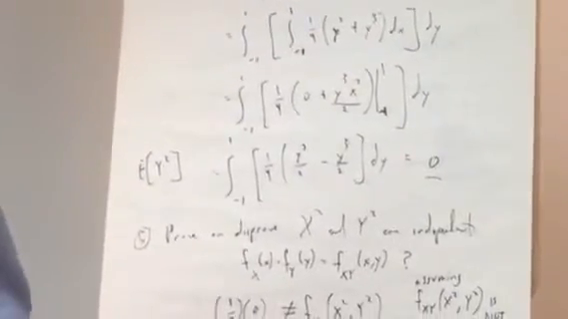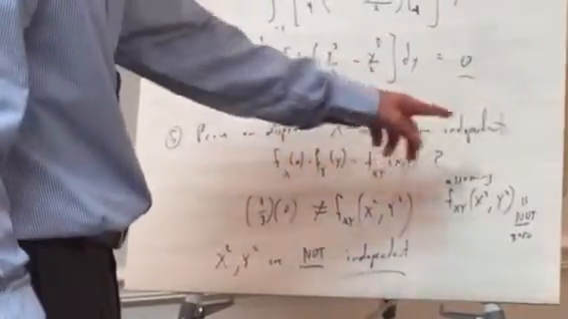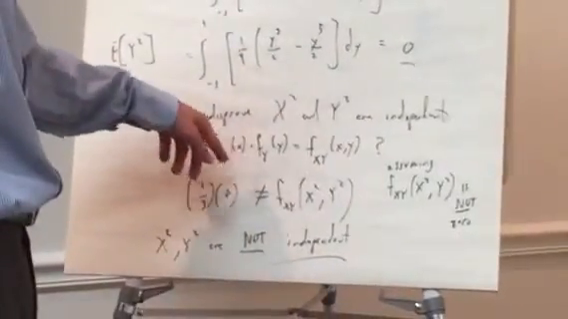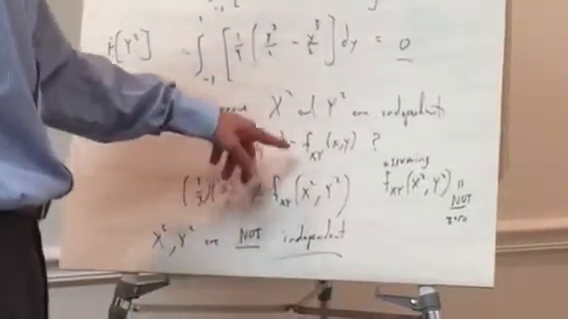So finally, prove or disprove that x squared and y squared, or the second moment of x and the second moment of y, are independent. I'm going to say that we prove this by asking: is the density function of x times the density function of y equal to